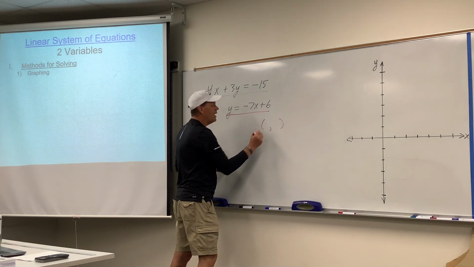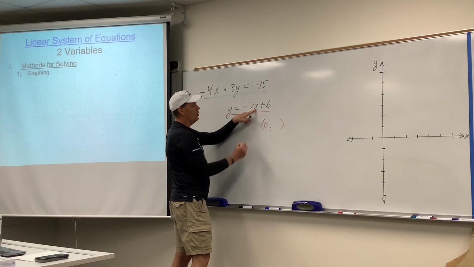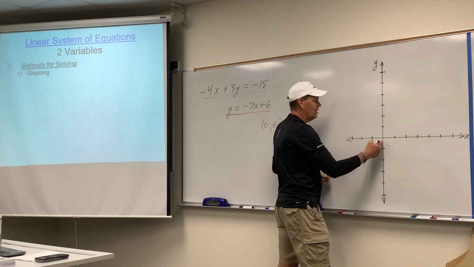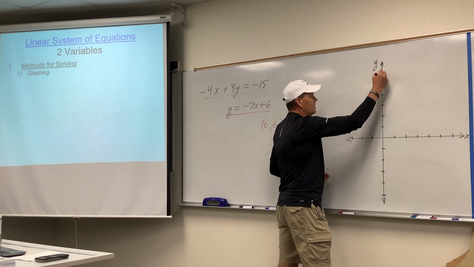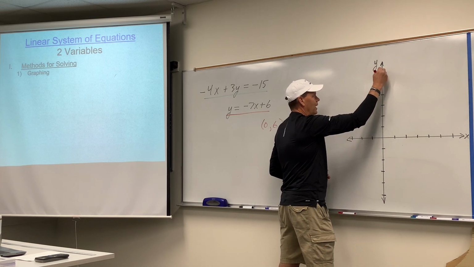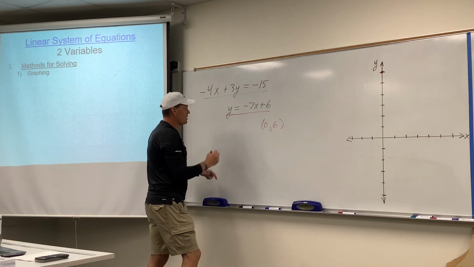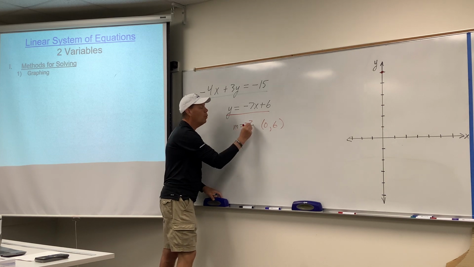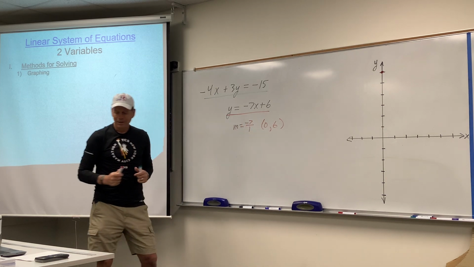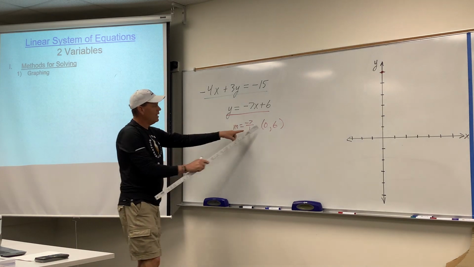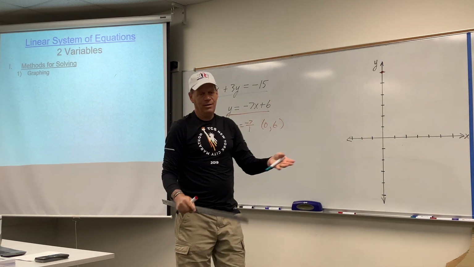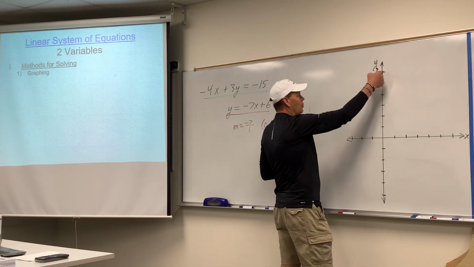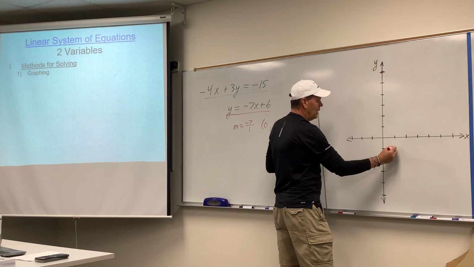Wouldn't it be easy to find an ordered pair? X is 0, y equals 6. All right, beginning point. So x is 0, y is 6. That would be a beginning point for that easy one there. And then the slope, you hopefully agree, would be -7 over 1. Rise over run, all right? And so from that beginning point, this is what? This is like assignment 19, I think, isn't it? All right, so anyway, from that beginning point, we come down 7 and over 1, and that gives us a second point,